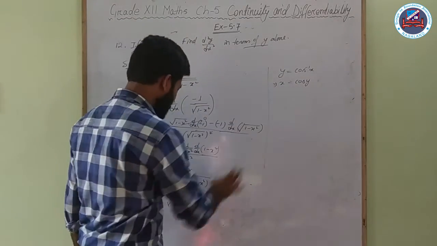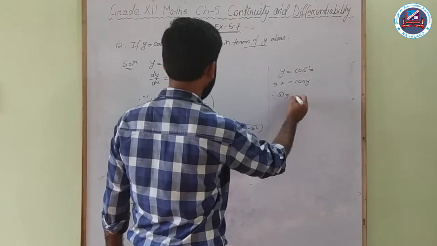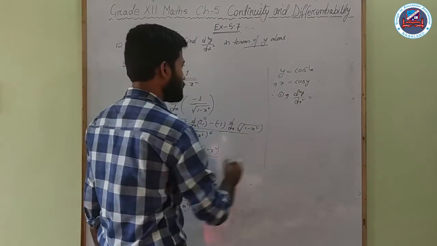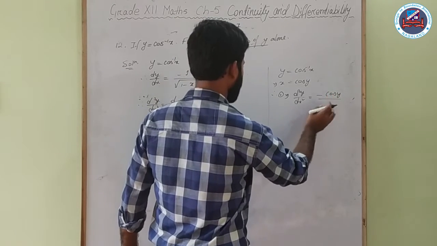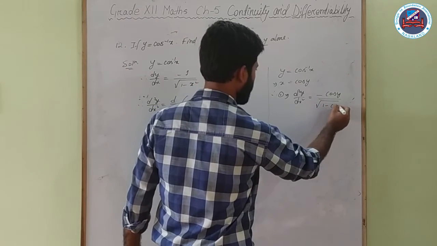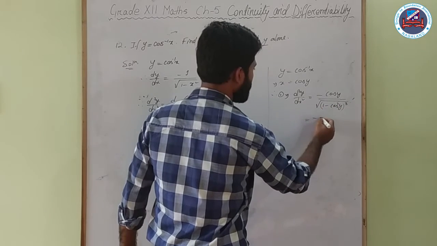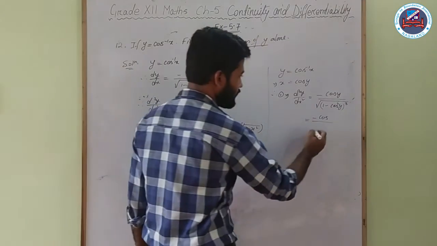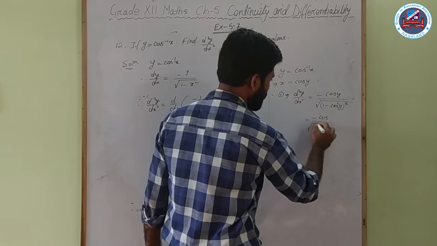So using this value here, if I write equation 1, therefore equation 1 implies d square y by dx square is equal to, in place of x, just write cos y. So here it will be root over 1 minus, in place of x it will be cos y, that is cos square y, with a cube. So this will give us 1 minus cos square y is sin square y. Sin square y inside the root with the cube.